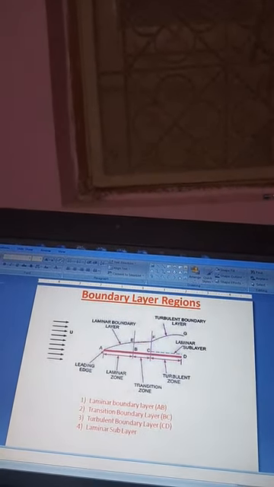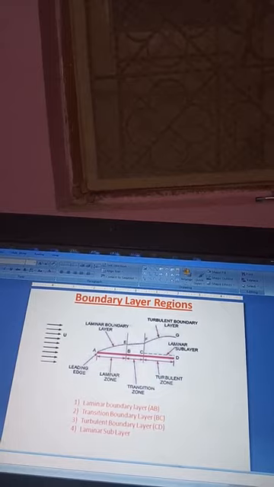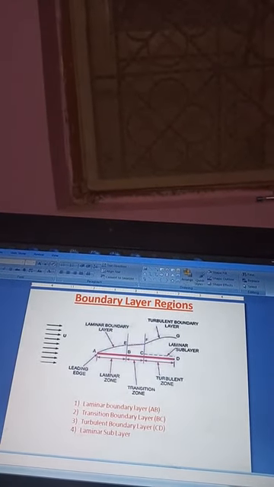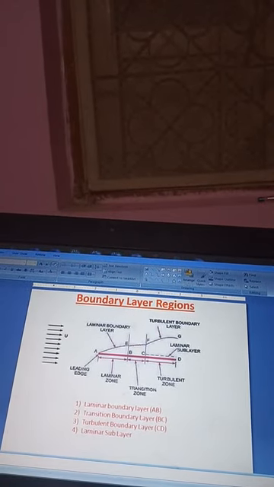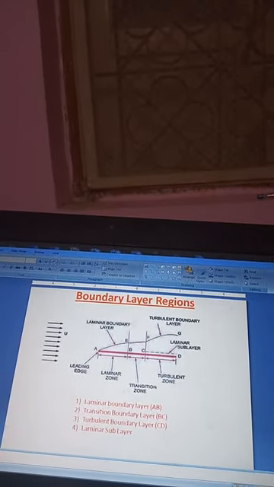What do you mean by drag force? That we will see soon, but let me tell you that this shear stress is nothing but the force exerted by that fluid on the solid body, or the stationary plate. Now because of this, there is opposition to the forward motion of the plate, and that force is called a drag force. Now let us study what we mean by the different terms inside this boundary layer.